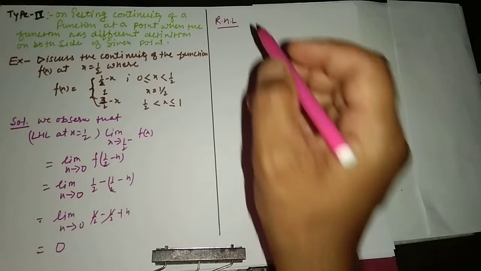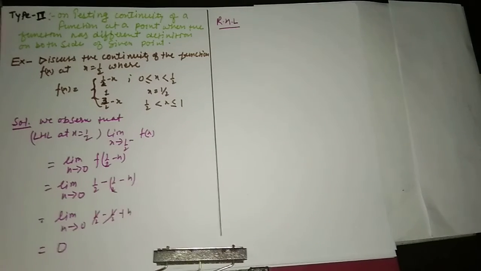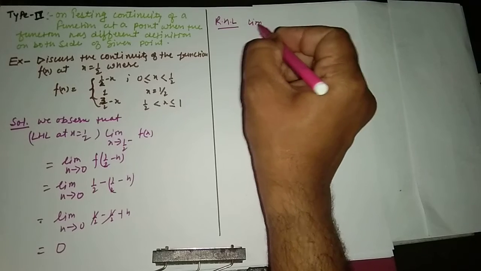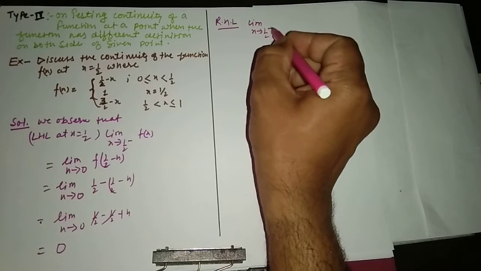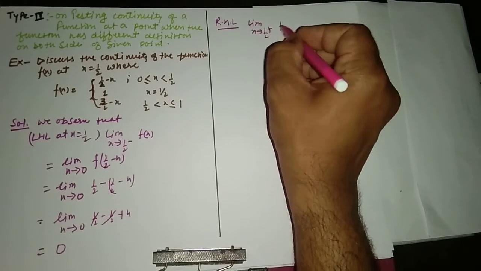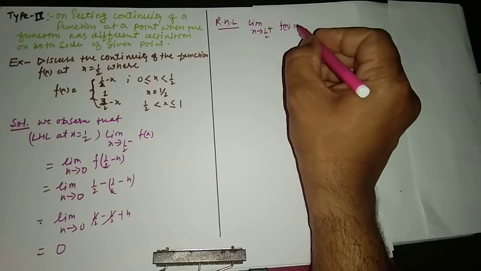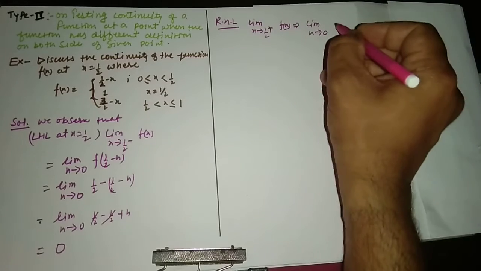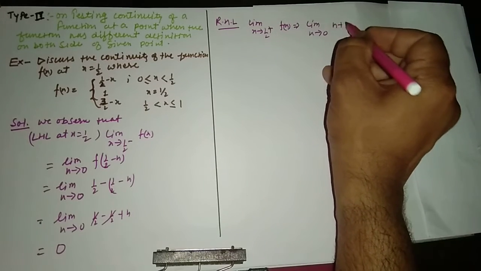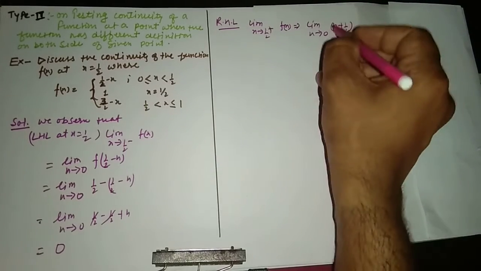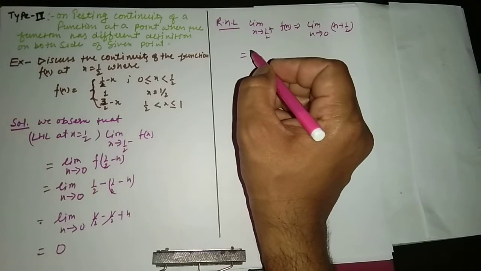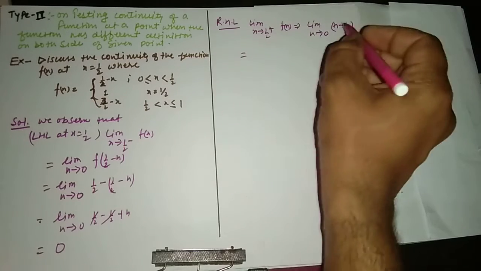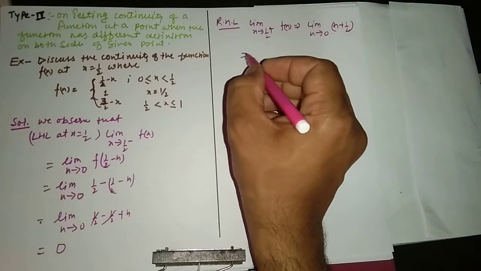So the right hand limit is limit x tends to 1/2 plus f(x), is equal to, we can write it as limit h tends to 0, h plus 1/2. Clear? So again in place of x what we have to put? 1/2 plus h. Clear? So we will write limit